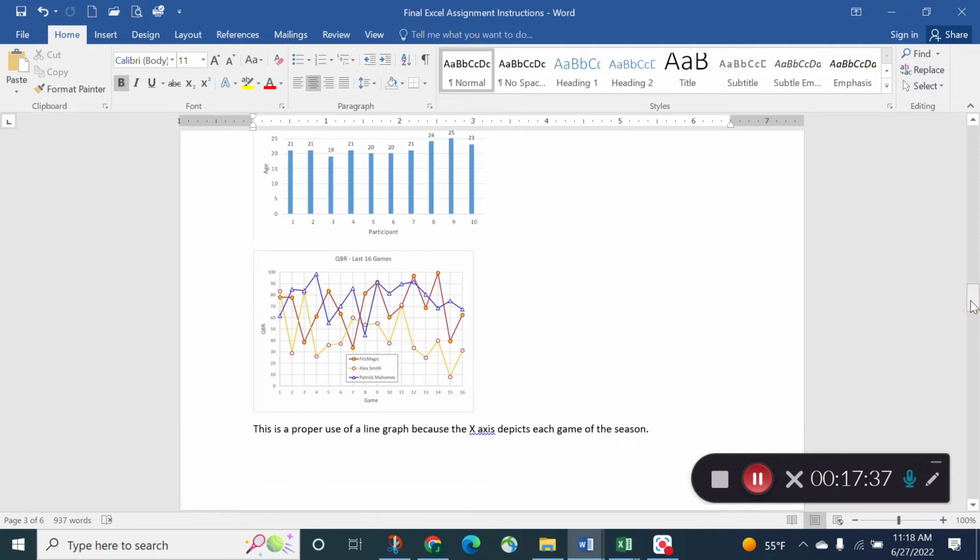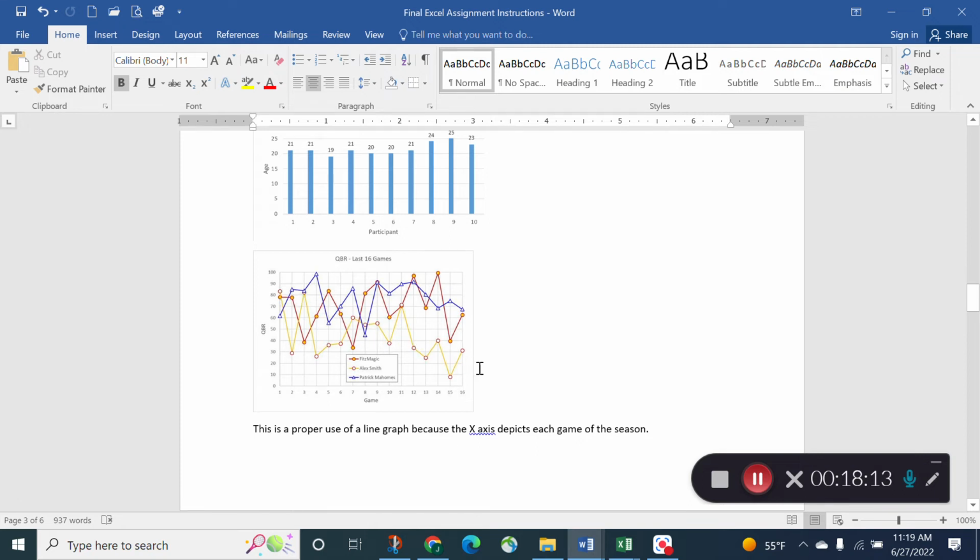Here's one that actually does make sense, because these are quarterback ratings across games in the NFL season. Alex Smith, I think, is this yellow one. And so what the line means is these are his quarterback ratings throughout the season. So he kind of started high, and if you just drew a line through here, he sort of went down